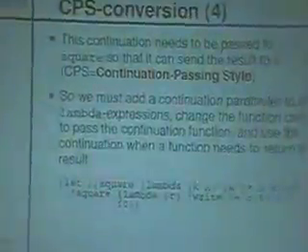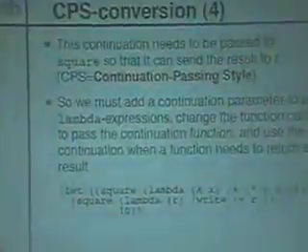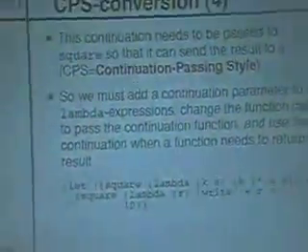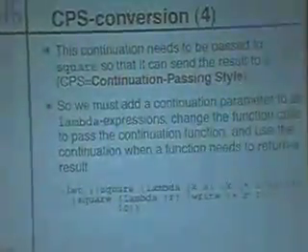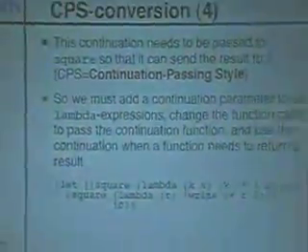Now that we have a representation for continuations, namely a closure, we have to have a way of actually communicating this continuation to the function we're calling. So how can we do that?